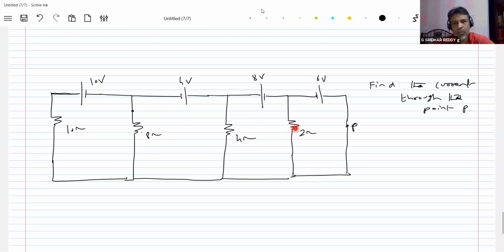This 8 ohm, 4 ohm, 2 ohm are there. This 8 ohm is not the internal resistance of this cell. 4 ohm is not, 2 ohm is not. So I'll take help of the potential concept here. Now let me assume this is 14 volt, 4 volt. And this should be 8 volt because there's no resistance. The potential drop across the cell must be equal to the applied EMF. Then this should be, let it be, 0 volt. This is 6 volt. This is one wire, no? Everything here is 6 volt.